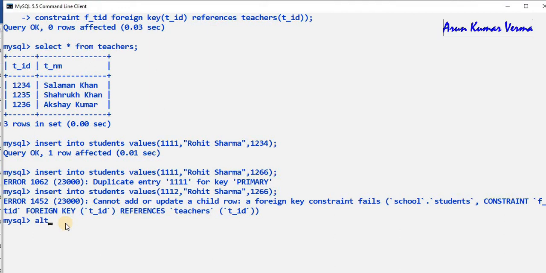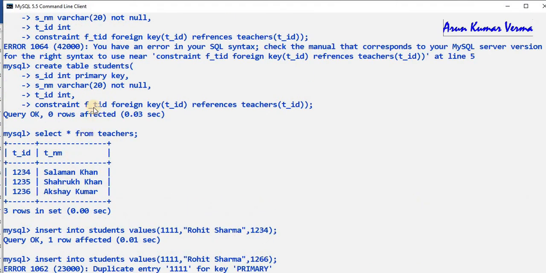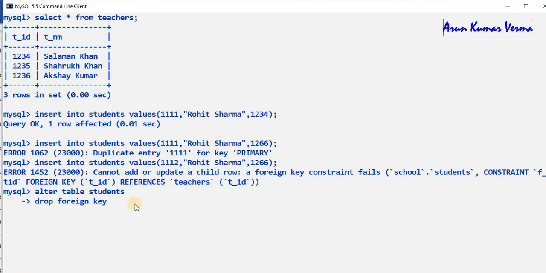If you want to drop it, it's very simple. Alter table students and use drop foreign key, and the constraint name is, okay, what was the constraint name? F underscore TID. So this is the way to drop the foreign key and apply the foreign key. Okay, students,